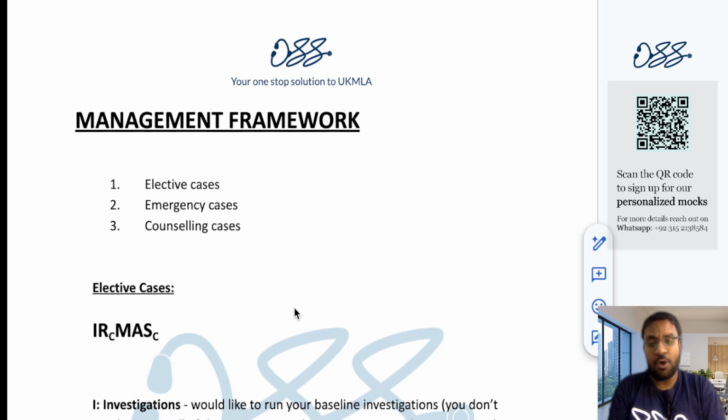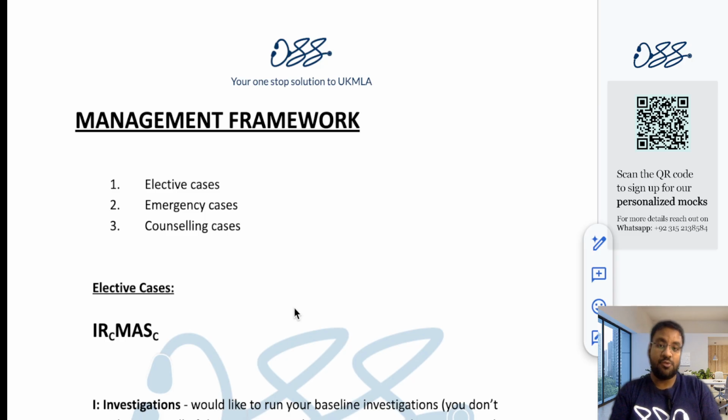But we all are doctors. Okay, we all are practicing doctors as well, so we know what's the basic management, and that is what is expected of you, to be very honest. But we are unable to do it in a right manner. We are unable to do it in a structured way, and we are unable to do a concern centric management. That is where we lack. Okay, and that is why we are here to give you a solution.